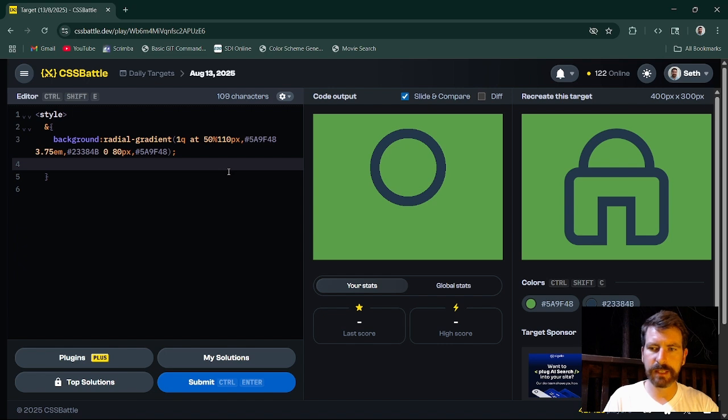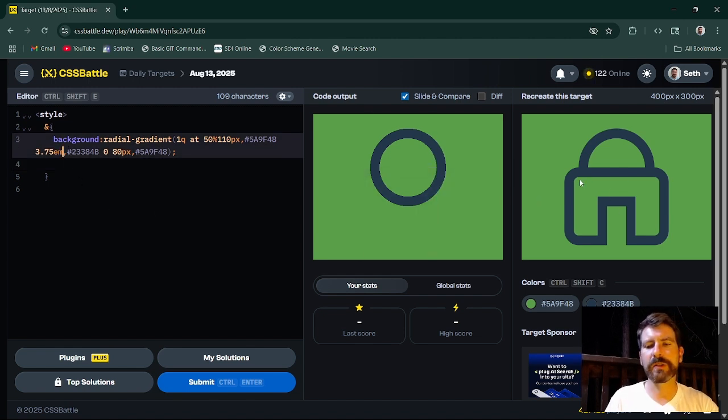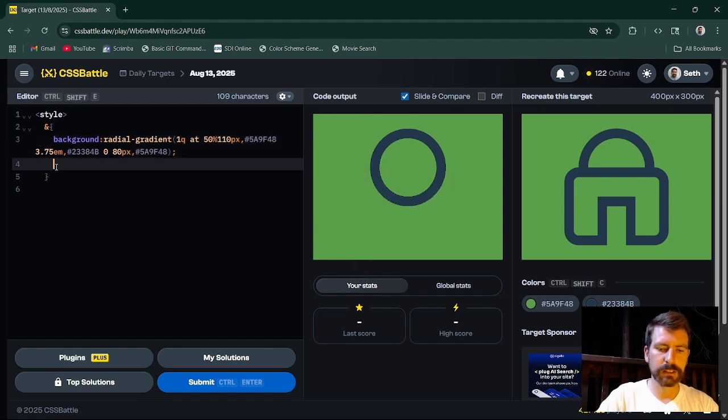So let's come down here. Well, shoot, if I just leave it like this, since we're only using a background property on this, actually, I don't think I even need to do this. Yeah, I do, because the body will be transparent if I don't put a background on the body, and then we'll see the circle coming through, and I do need it to be green. So let's come to our body,